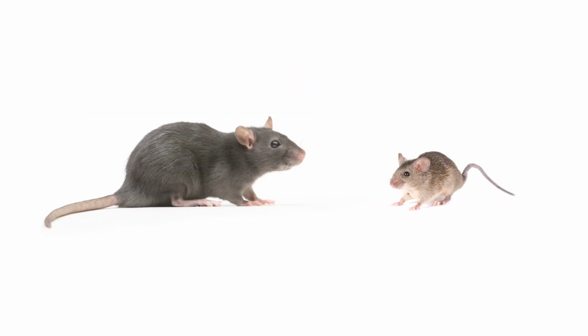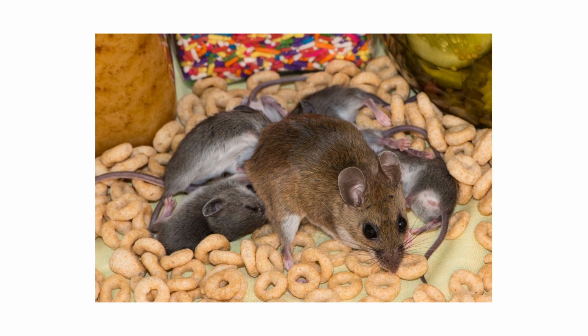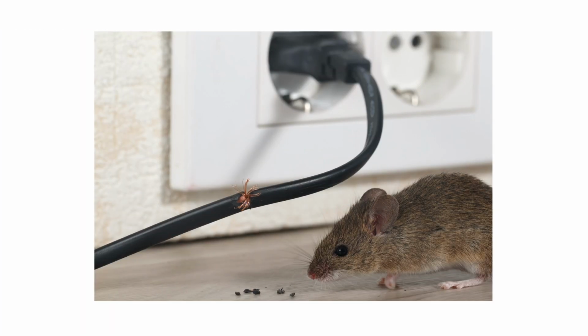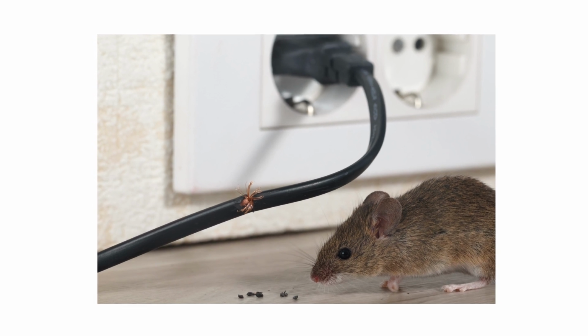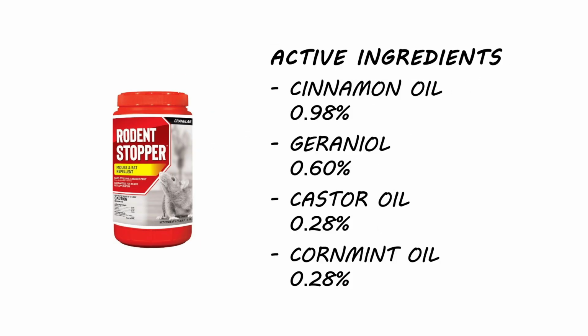Rats and mice are common pests that may invade your home while ruining food, causing property damage, and spreading disease. If you're dealing with rodents like rats or mice and want to drive them off your property, then check out Rodent Stopper Granular Repellent. This is a natural, non-toxic, ready-to-use repellent that will control rodent infestations without the use of